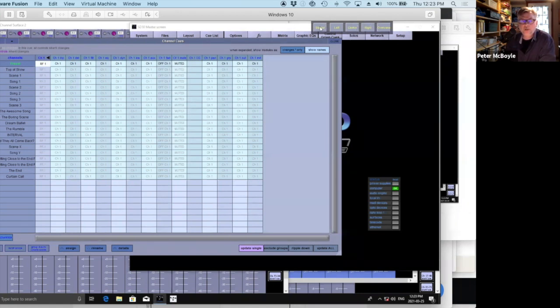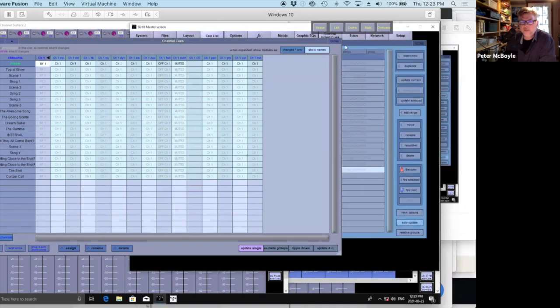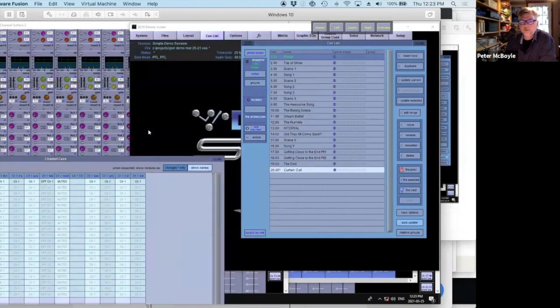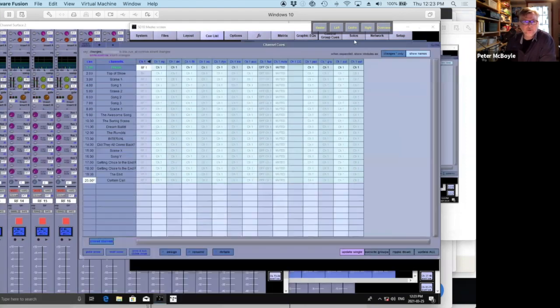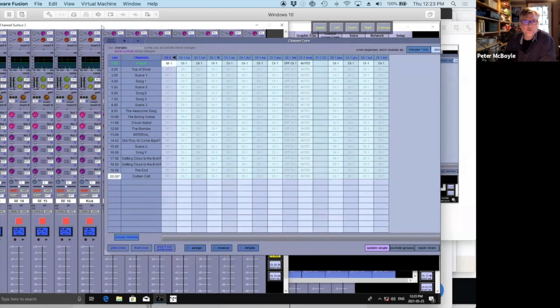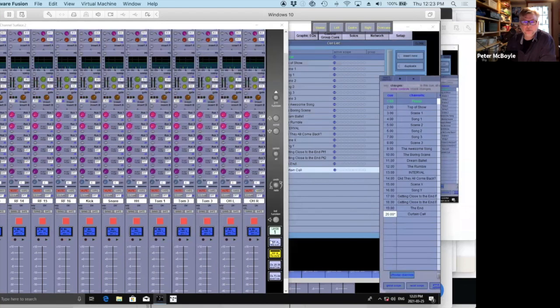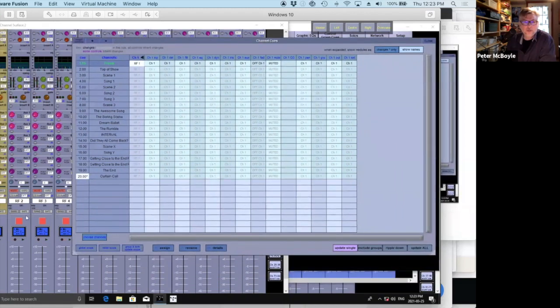So with auto update on, and you always have to remember to make sure that it's on, which it is right now. So on the queue list is where you see it. When it's off, the window goes a little bit to a different blue, and when it's on, it goes to this blue. I wouldn't mind if it went to yellow or something to really just be like, yes, it's on, or no, it's not. But when it's on, you'll see that when you go to look at a channel, this is where window management becomes interesting. When you go and look at a channel now, and I change the mute state,